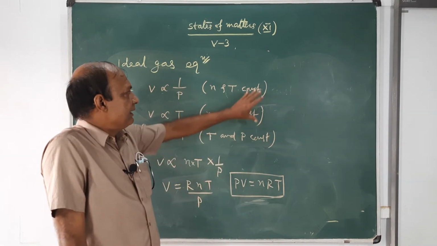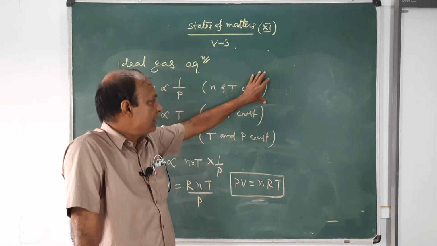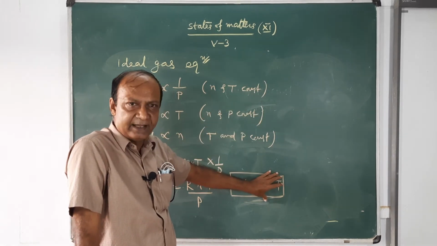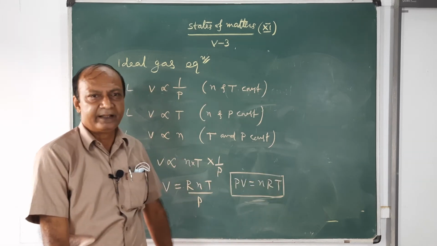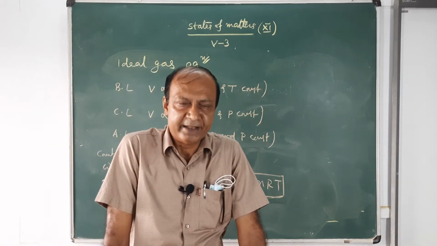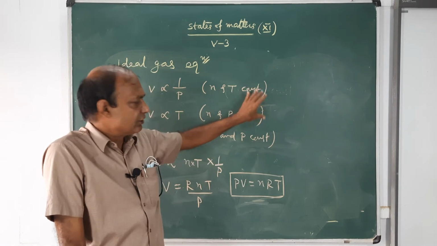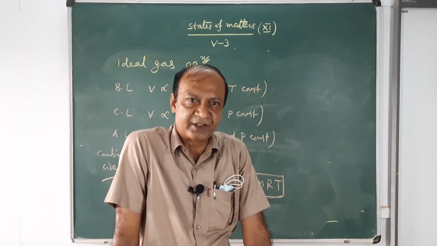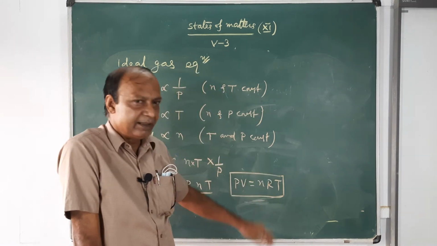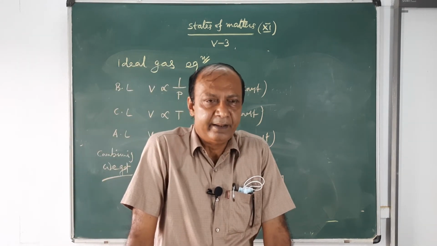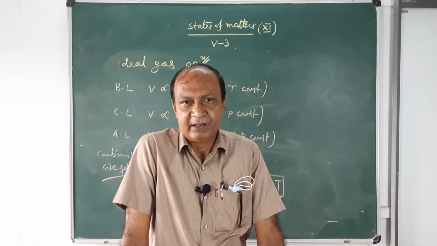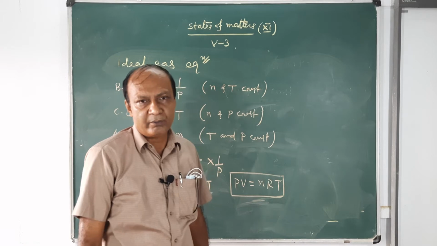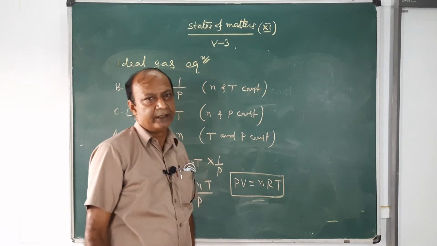Ideal gas equation means the gases which obey Boyle's law and Charles' law will also obey the ideal gas equation. But in fact, there is no gas which is perfectly ideal. That means Boyle's law and Charles' law are not properly obeyed at all conditions of pressure and temperature, and that's why the ideal gas equation is also not properly obeyed at all temperature and pressure. You will observe deviation. In our next video, we will talk about the deviation from ideal behavior.